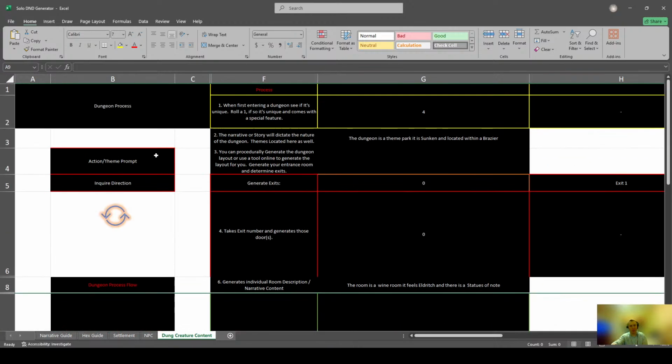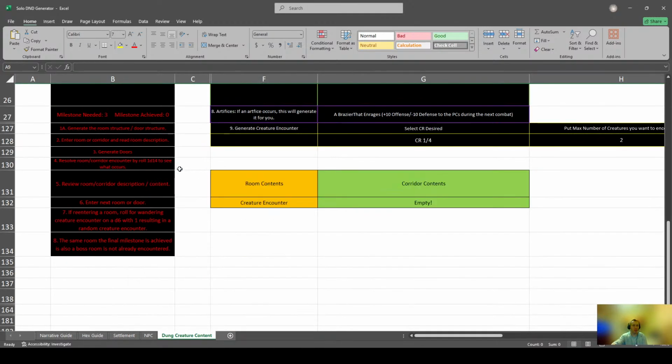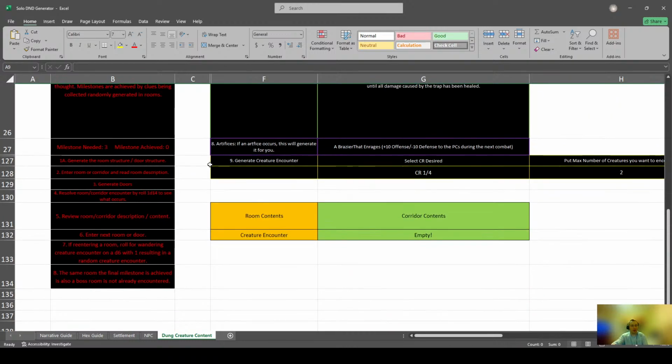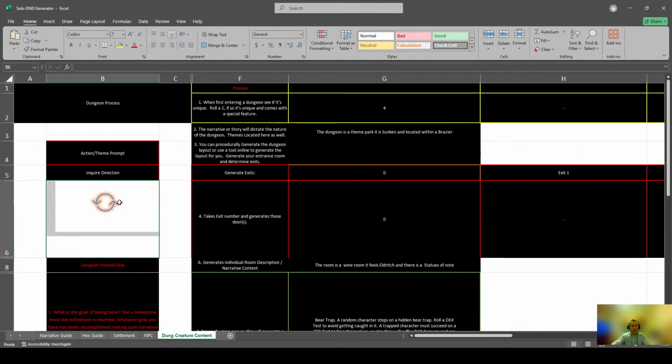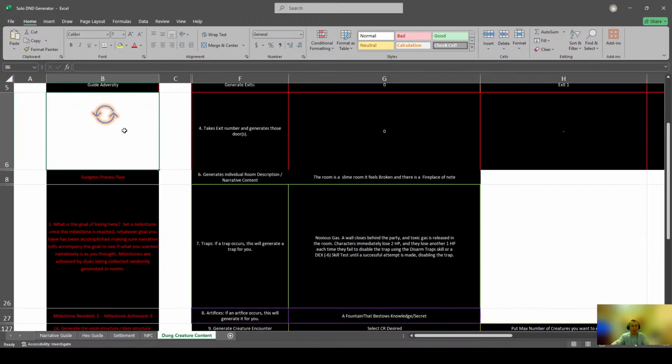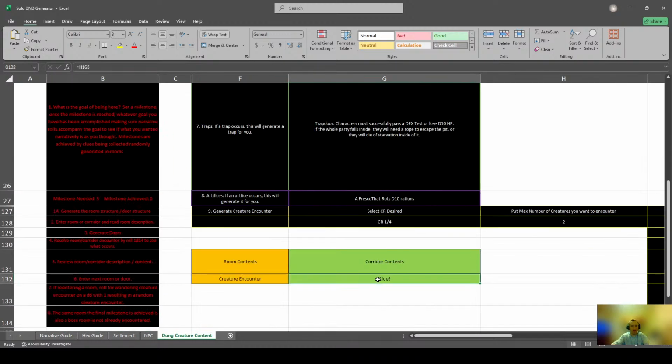So again, we set a milestone. As we hit each milestone, milestones will be accomplished in a dungeon by finding clues. So as we roll here for the random roll for what occurs in the room, it'll tell us if we get a clue. So right here, let's say we were in a corridor. Well, we grab a clue. Let's say our milestone was 4 to find the Orb of Drageth. Well, now we have one clue that will help us to find the location within this place for the Orb of Drageth. And once we get that fourth clue, we will enter the room that has the